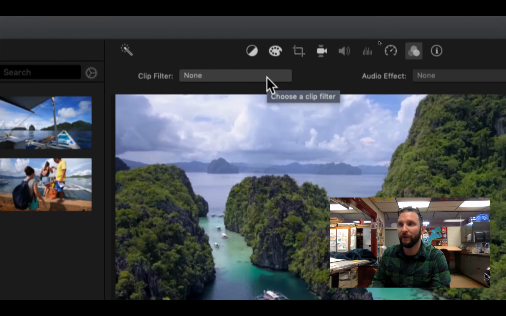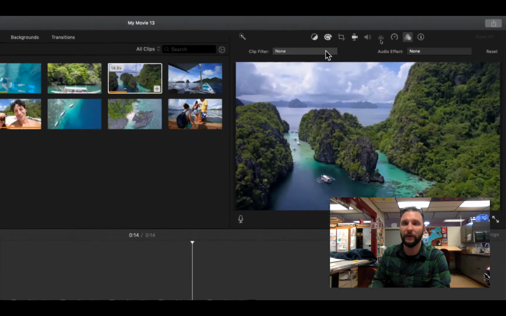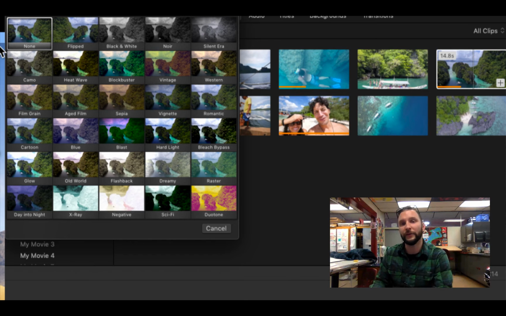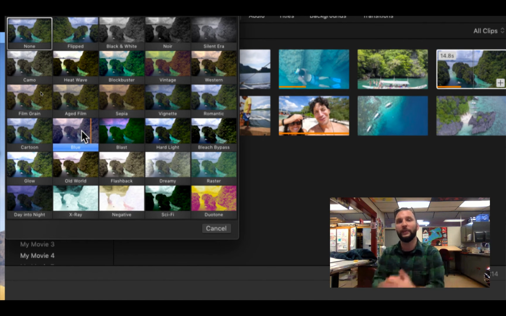But the clip filter is a nice little menu that gives us a wealth of different options on different filters that we can apply to our clips. Now, most of these you'll notice are somewhat artistic. You can see there's the vintage or aged film, cartoony looks, and these are just filters that get applied to the original footage. But down here,